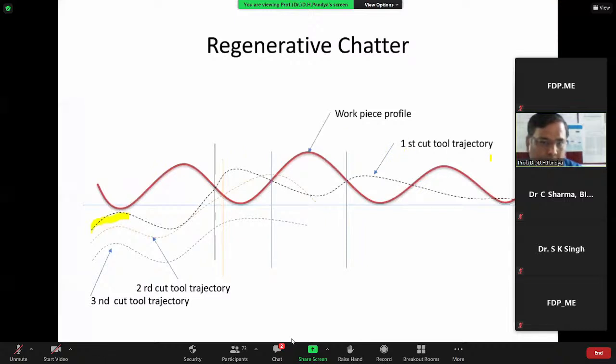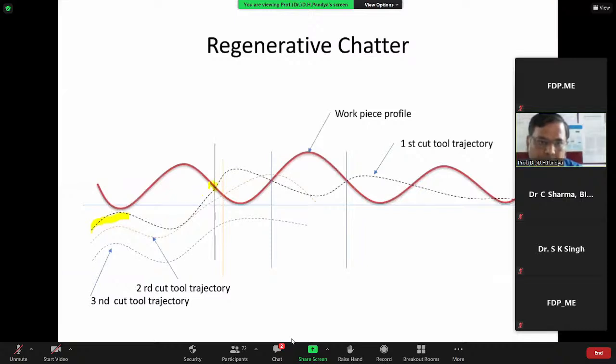As you can observe during this first cut, it is going to remove the material up to here, and then at this particular point, where I have marked the vertical black line,